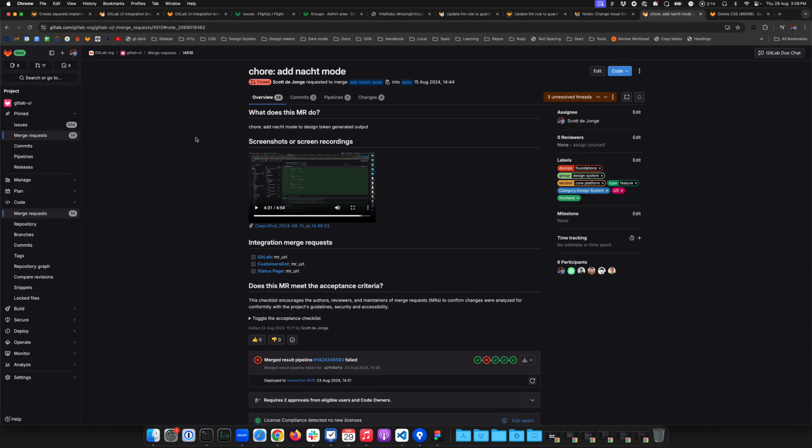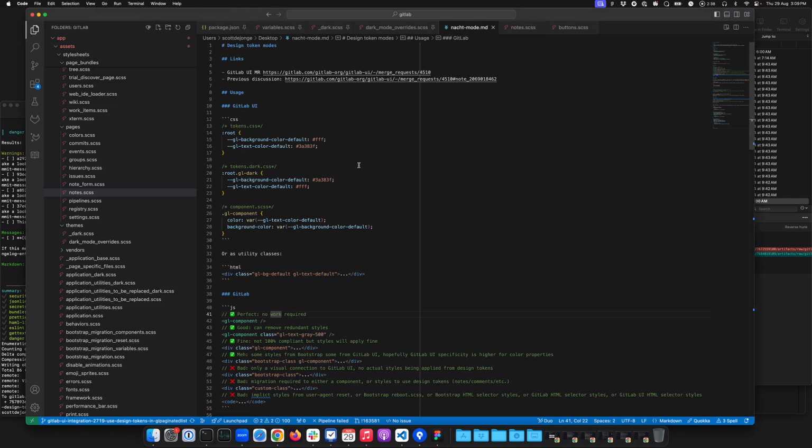So if we introduce a new mode, say Nacht mode, we're going to have the same problem as we do with dark mode, in the sense that all of these things that haven't been updated to be reactive to design tokens will still be the case in Nacht mode. So it doesn't get us any further. Those things still need to be migrated. Yes, we could do those concurrently, but whatever. So what am I trying to explain here? Okay, so